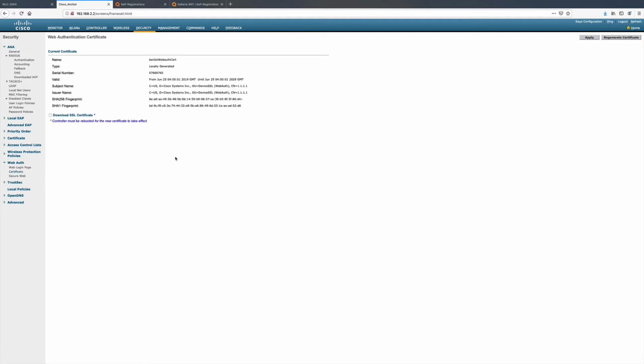So now if I change the IP address away from this 1.1.1.1, if I change it to 192.0.2.1, I'd have to reboot the controller, wait for it to come back up, and then regenerate a new certificate